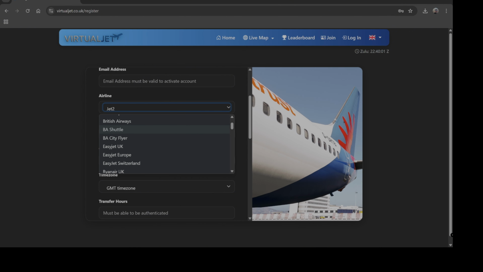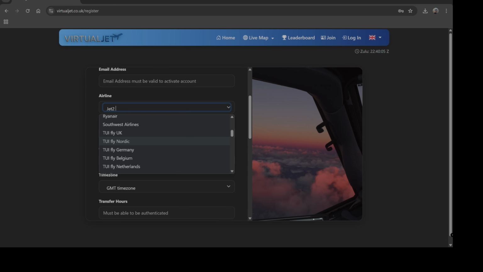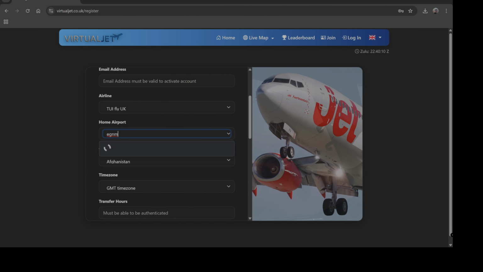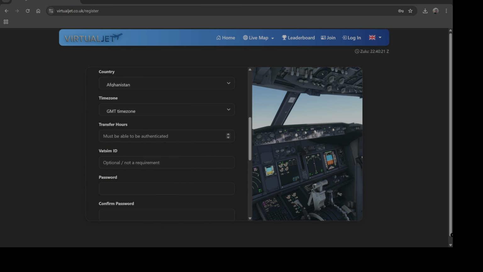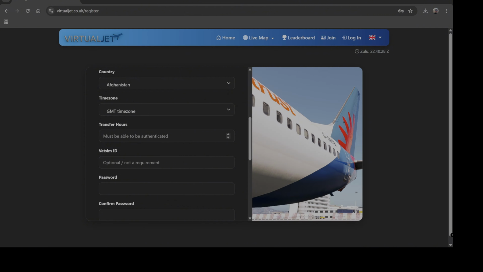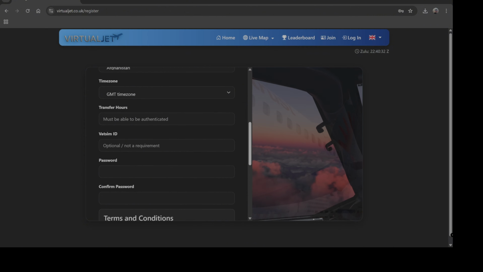Then choose whichever of the 50 airlines you would like to fly for, and you will be assigned your call sign according to the airline selected. Home airport can be any of your choosing, whether it is your local airport or one that your favorite airline flies to and from. Transfer hours. Anything input here will need to be validated, which you can do by simply sending a screenshot of your proof to admin at